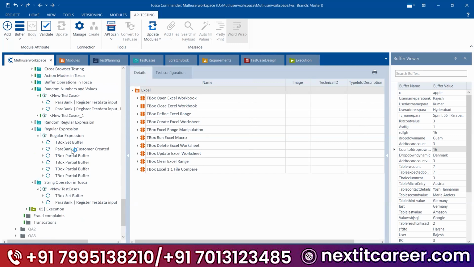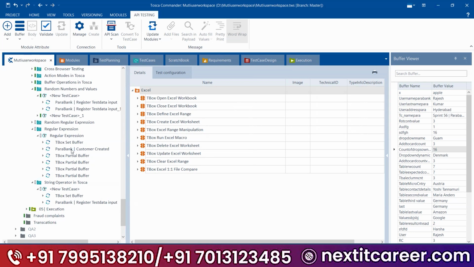And in the interview, they will ask you the exact approach. They won't ask what you need to do. For example, they have asked this question. There is a scenario where we have one data from the backend. We need to use the GET method to capture the data and send it to the Google Form. So you need to tell your approach. We will use the API scan. These are the steps: step 1, step 2, step 3. We will buffer the value and we will send it.